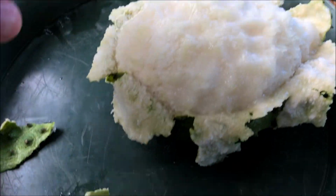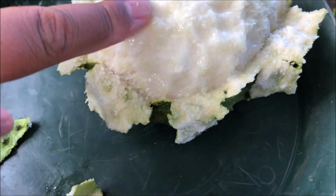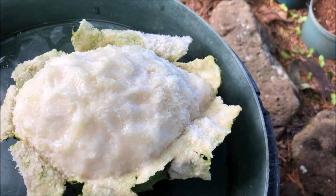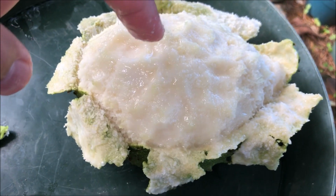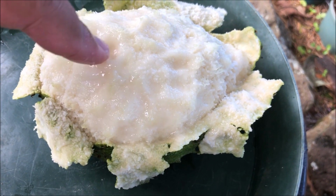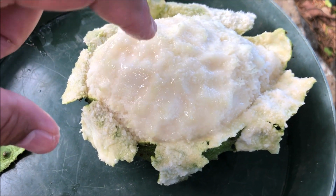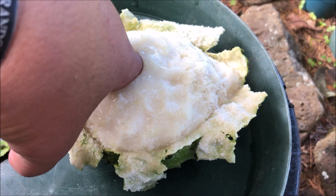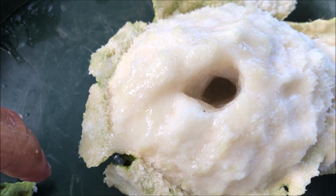So this is what it looks like. It's actually pretty mushy. I can poke my finger through this and it'll go all the way through. I'm going to go ahead and do that just to show you guys just how soft and juicy this fruit is. All the seed pods are covered by a layer of the fruit's flesh. And there you go. There's a hole right through it,